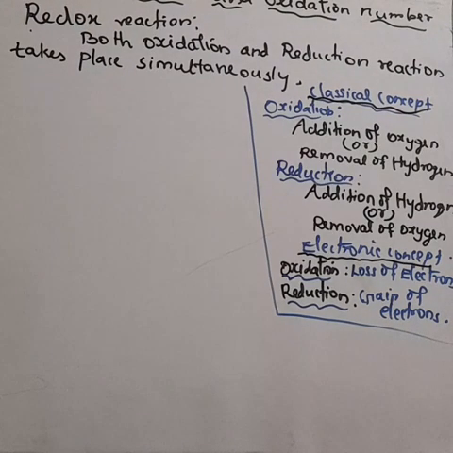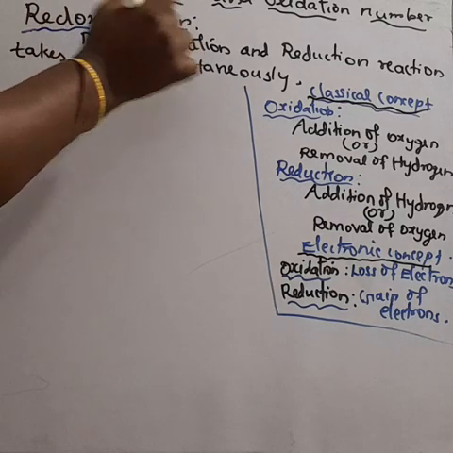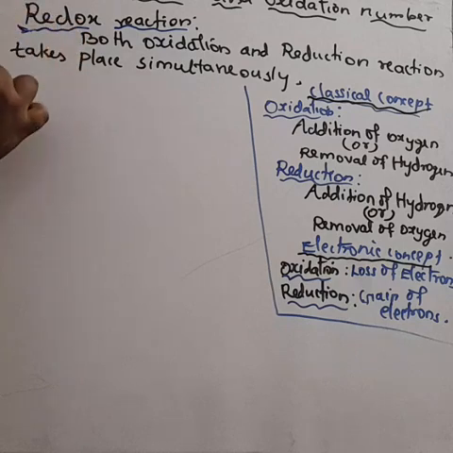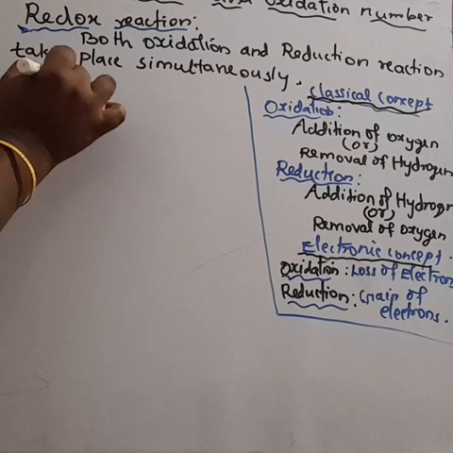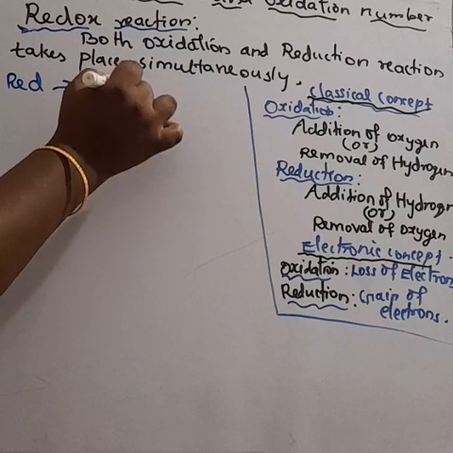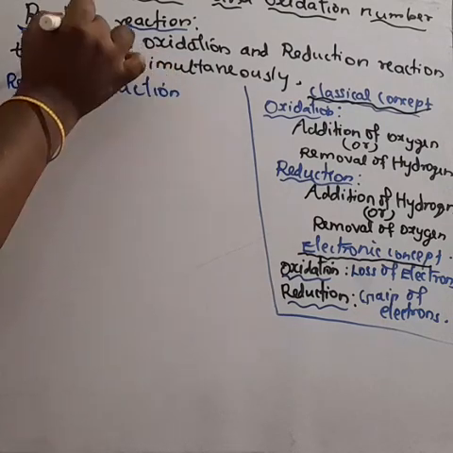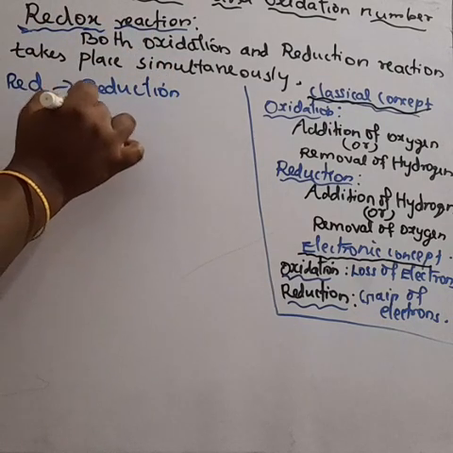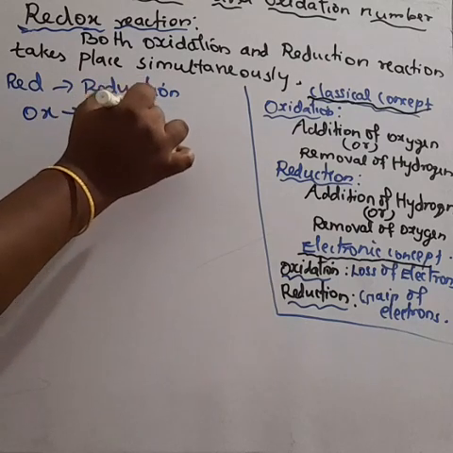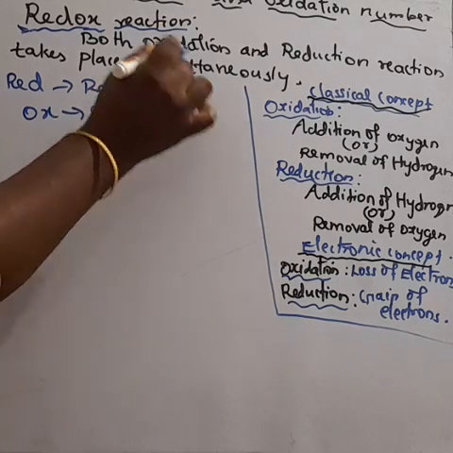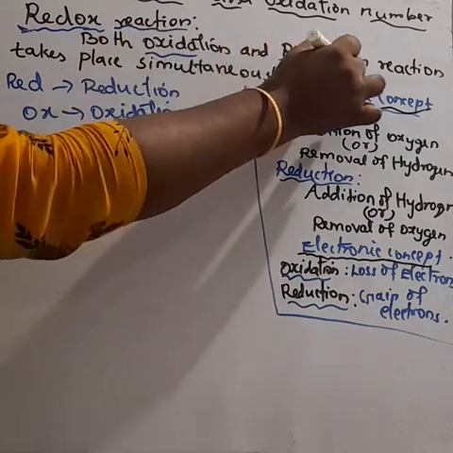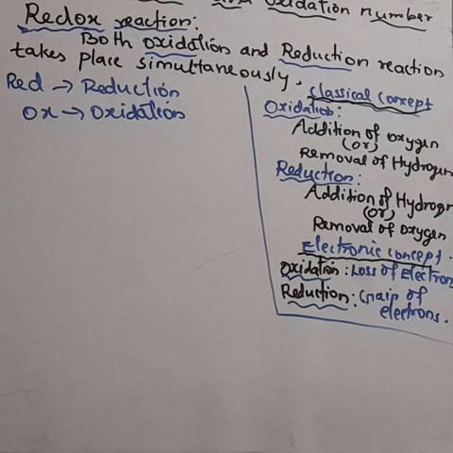Okay, so redox reactions. In redox, red indicates reduction and OX indicates oxidation. This means redox reactions are those in which both oxidation and reduction reactions take place simultaneously. This is called a redox reaction. For example,